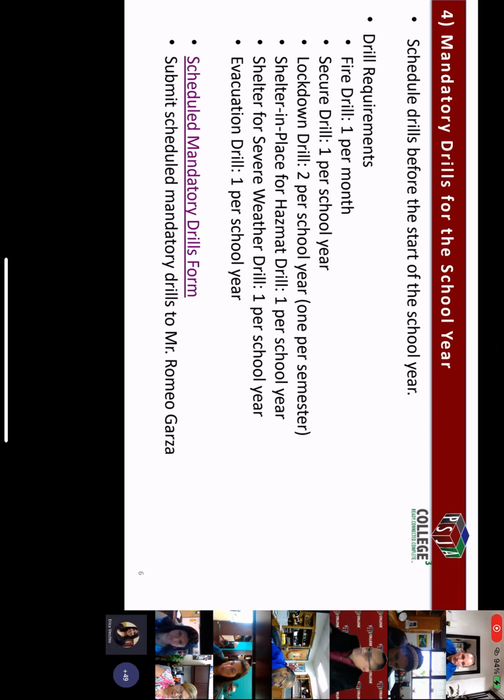a current training on the procedures? Because every year, as you know, we get new teachers and things are changing and new technologies coming in, new ways of locking down are coming out. Is there something that maybe can be given to all the principals so that we could all be on the same page and know